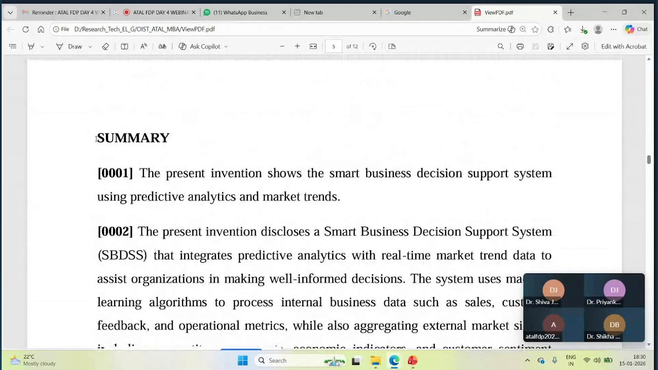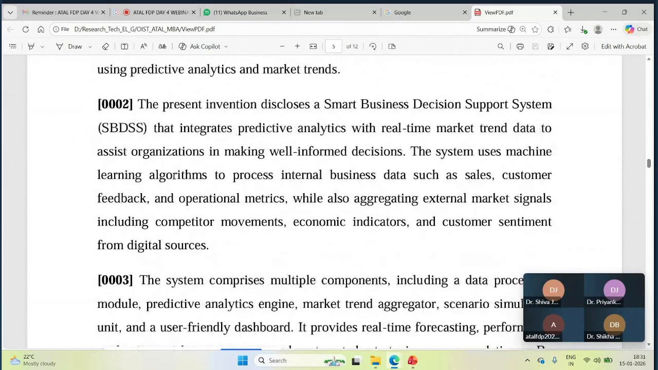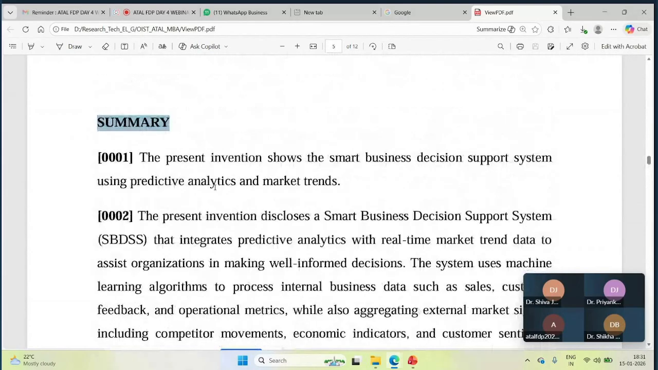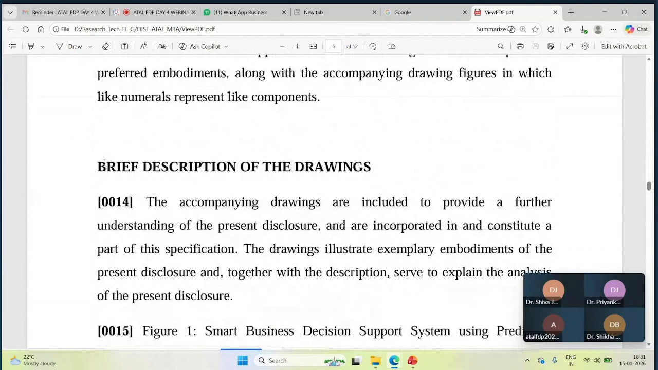Next, we have to write a summary. Summary is again in the format of the utility draft, so in 3, 4, 5 paragraphs we can write a summary of our innovation. Then a brief description of the drawing. Whatever drawing or flowchart we have made, related to that we have to write 1, 2